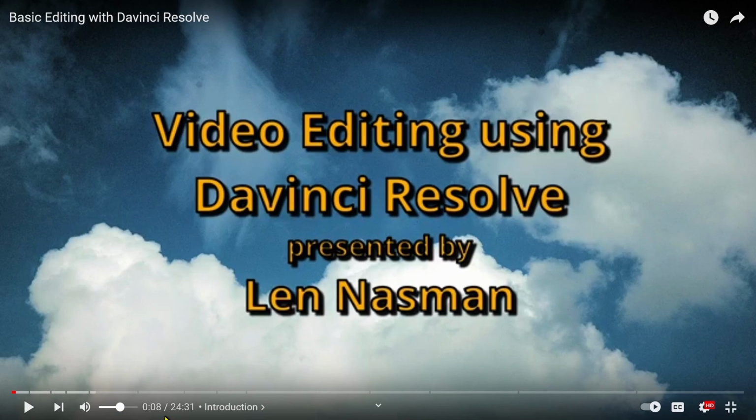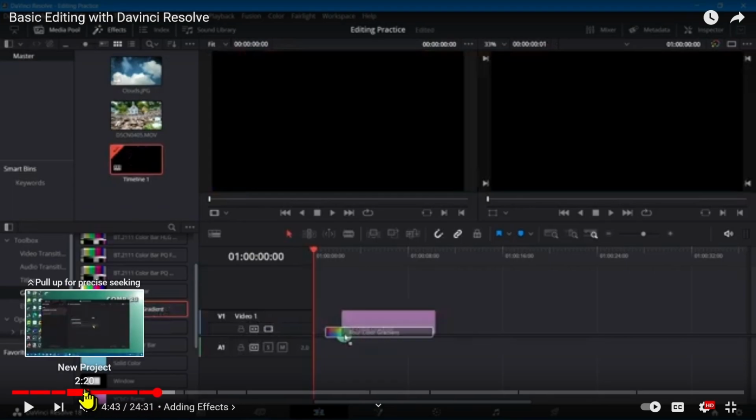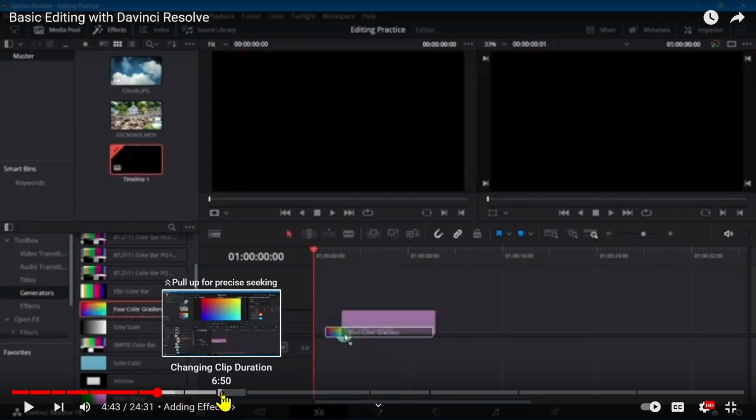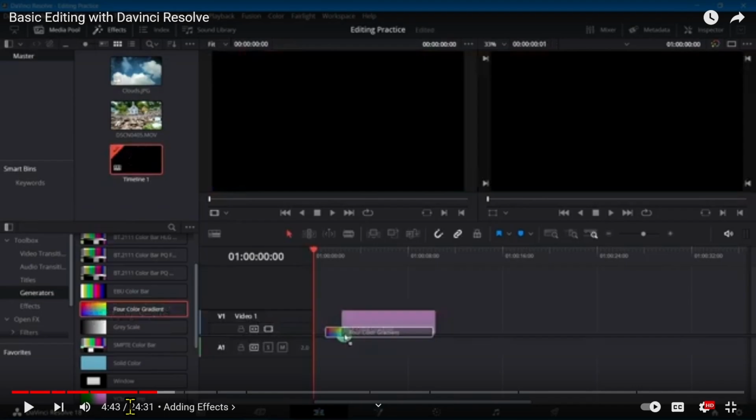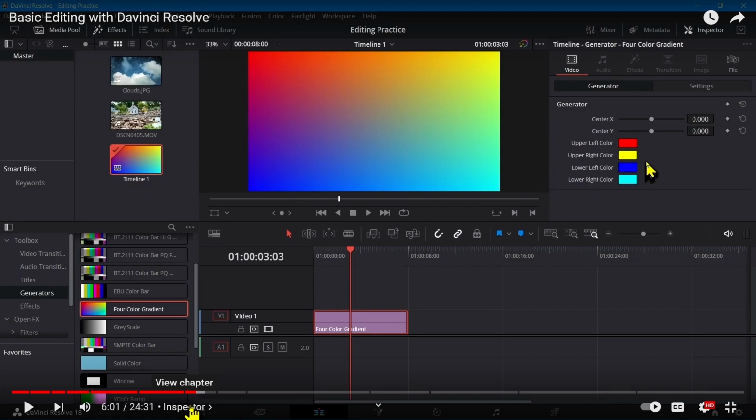Next to that is the elapsed time. Remember, this horizontal line shows you where you're playing. If I click over here, you can see that I'm now at 4 minutes and 43 seconds into a 24-minute and 31-second video. Now, this particular video has chapters, and since it has chapters, you can actually see the length of each chapter by these little breaks in the timeline here, and you'll see the name of each chapter as you're playing. If you want to get a list of the chapters, you can click on this little button